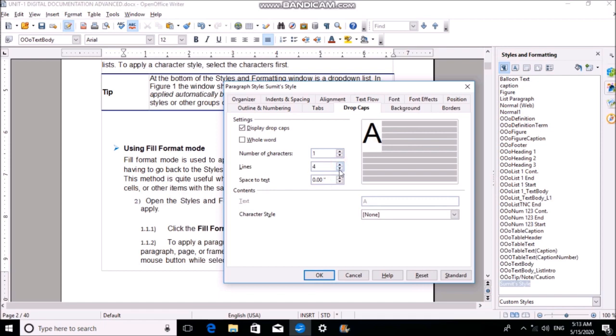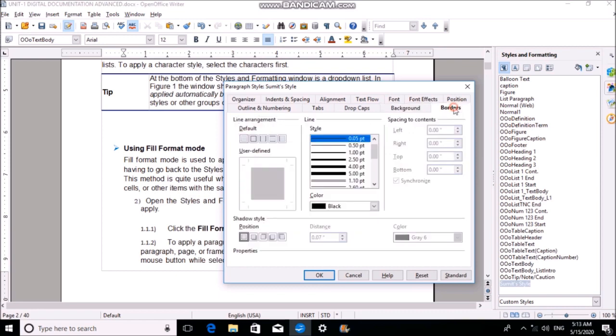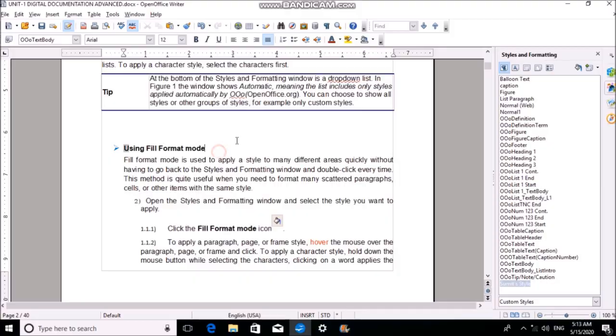It is up to you. Or if in the paragraph you have 3 lines or 4 lines, the size of this drop cap is 3 lines or 4 lines or 2 lines, right? So you can increase or decrease the size too, right? These are background color, you want to change it, borders. Okay, so you can use it.